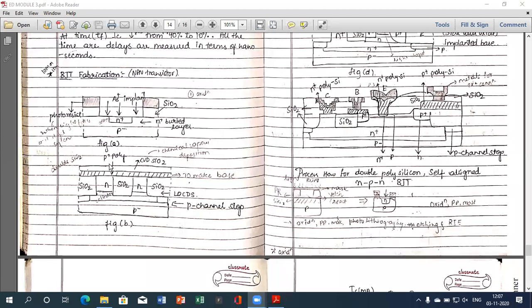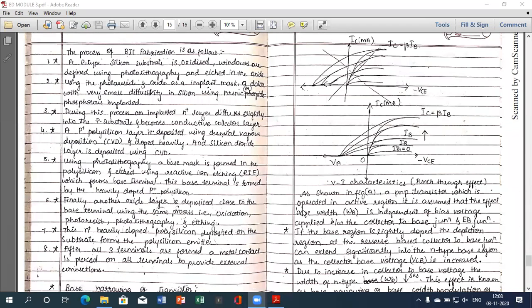Okay, fine. So in the previous class, we discussed BJT fabrication. There we discussed how a transistor can be constructed using the fabrication process, and which steps are taken to fabricate the NPN or PNP transistor. First we went through the normal procedure, then we discussed all these five figures, figure A to figure E, and how the fabrication process is carried out. After this, now we'll move on to the next topic.